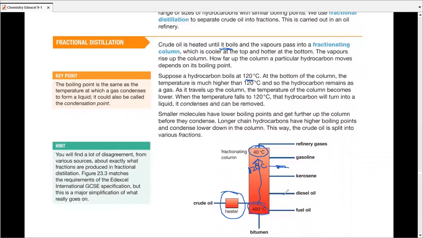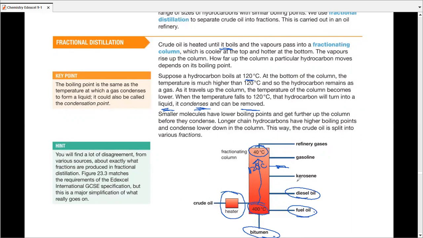As it travels up the column, the hydrocarbon stays a gas at temperatures higher than 120. When the temperature falls to 120, the hydrocarbon will turn into a liquid, it would condense, and it can be removed. Since the substances can be removed at different points, you'd notice we're removing bitumen at the bottom, fuel oil over